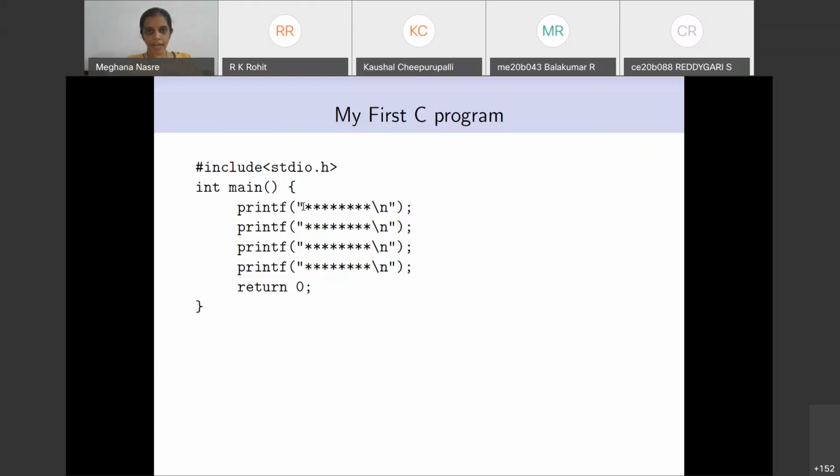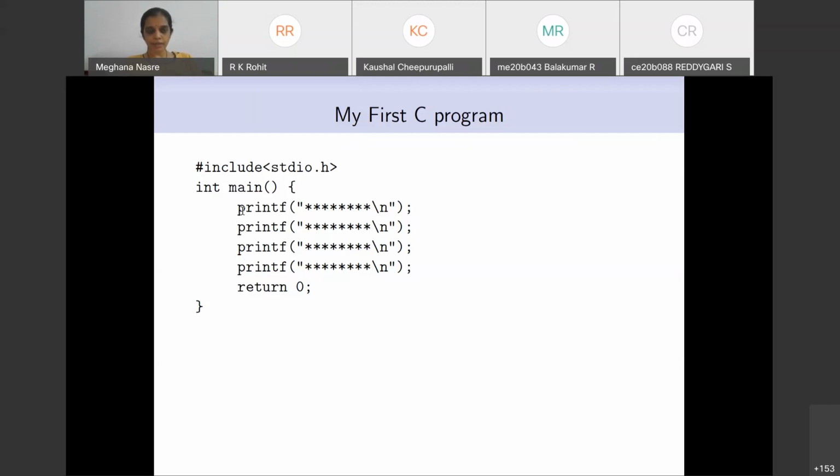The printf will take a parameter, which at the moment is just strings that we are going to print out, so we'll put them in double quotes. Wherever we want a \n, we are going to put a \n appropriately, as I have put in here. And then each statement has to be terminated by a semicolon, the way I have done it here. This semicolon is also important. The C programming language expects this semicolon at the correct places.